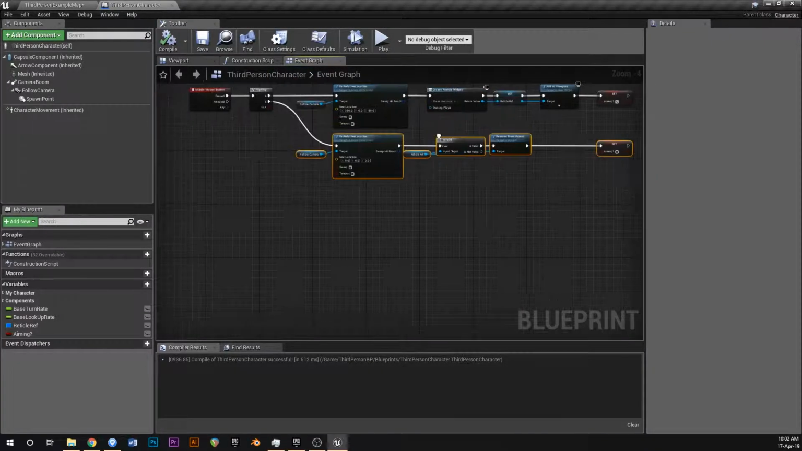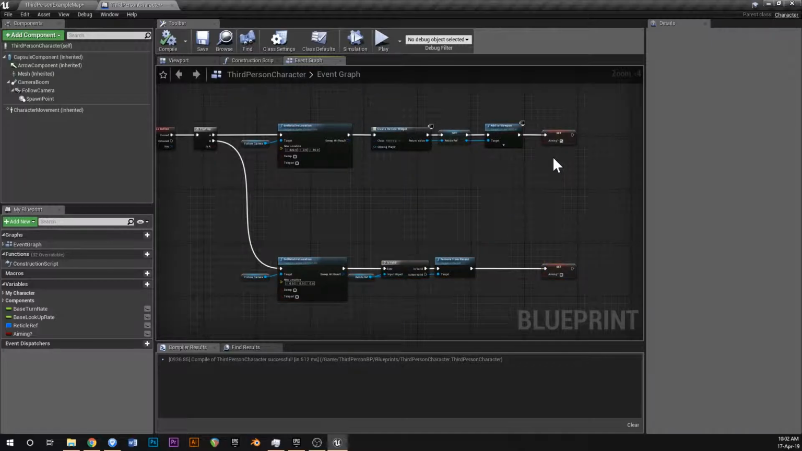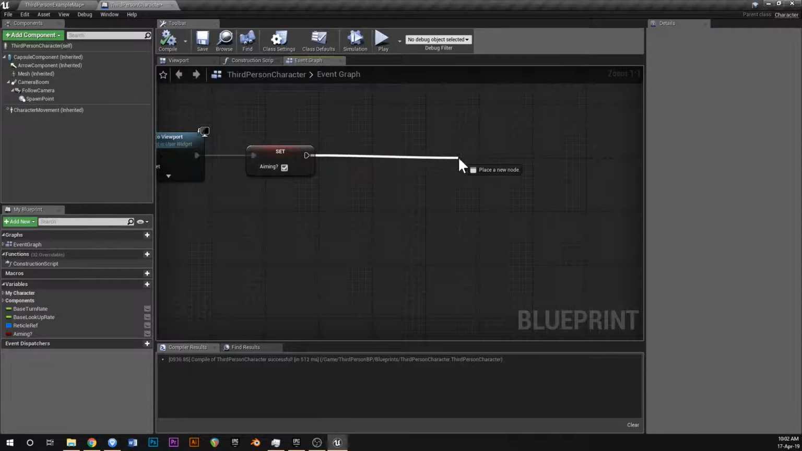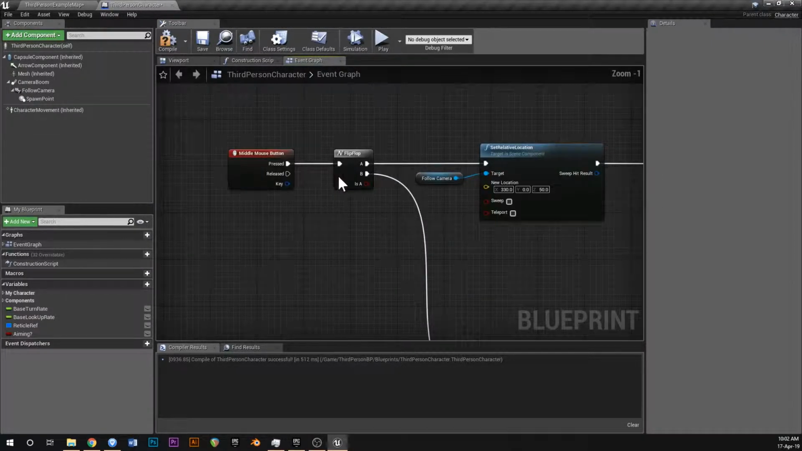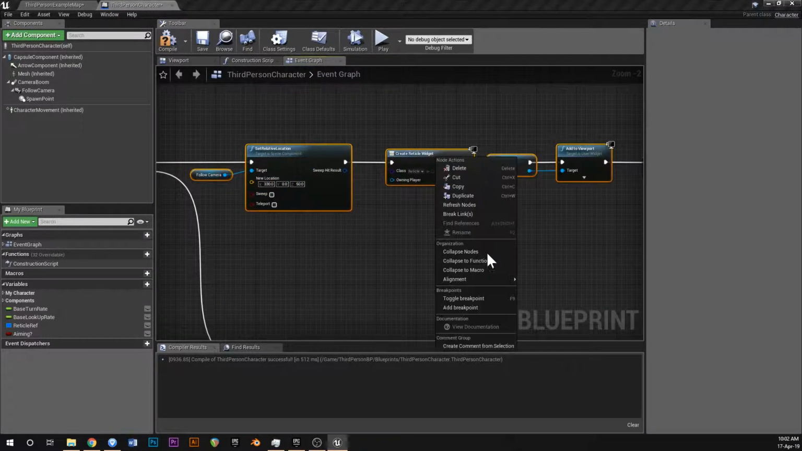Make some space. We'll drag this third person bit down a little bit like that. Now, off the end of this, we're going to have a branch. So this is the switching to first person. So what we might do is collapse this here, and we'll just collapse that